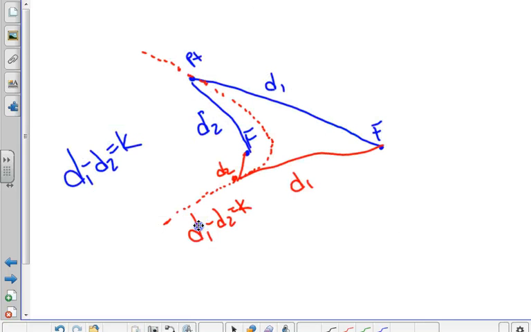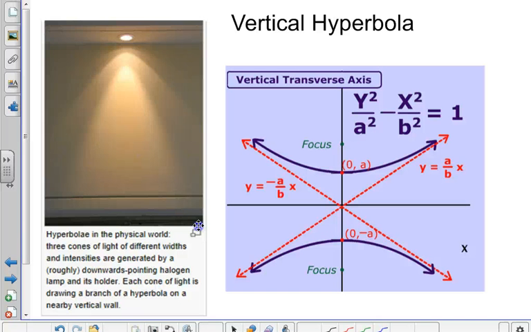Okay, that was my attempt to sketch it out. We won't even go there. Okay,